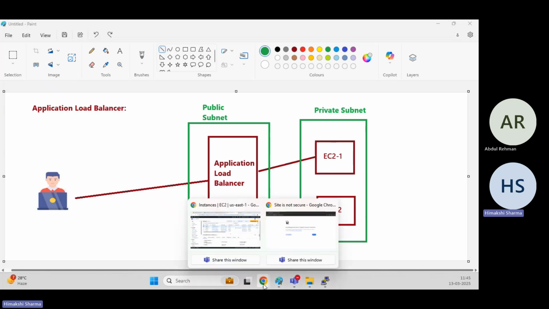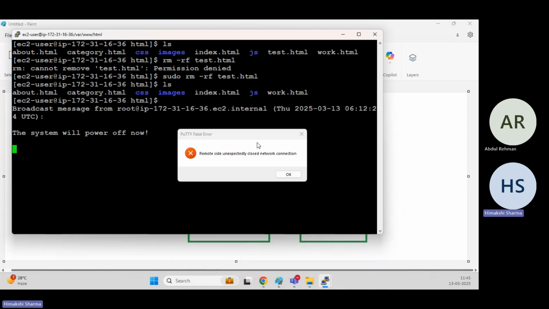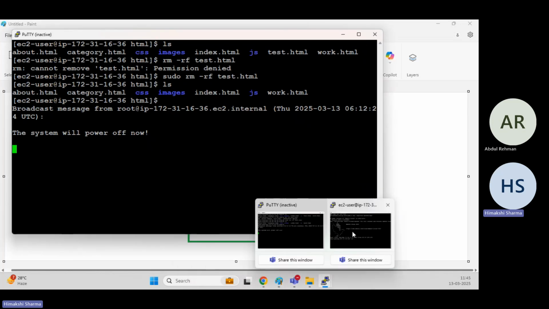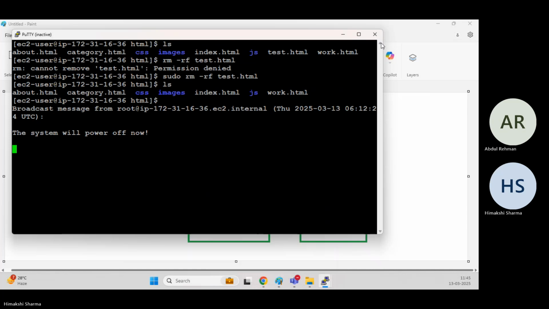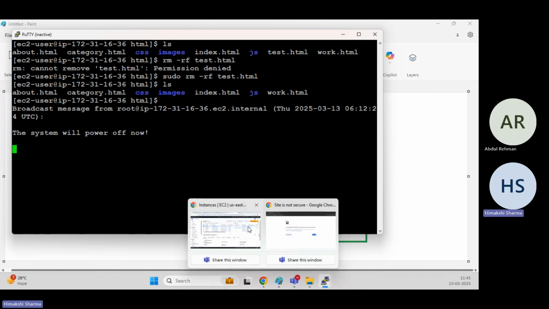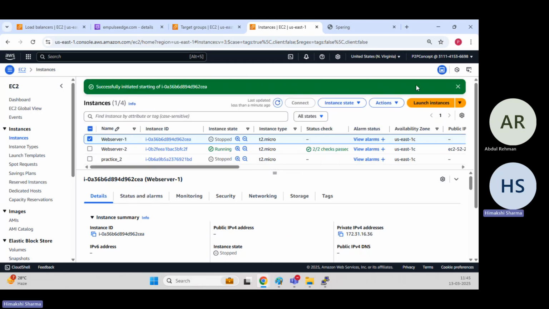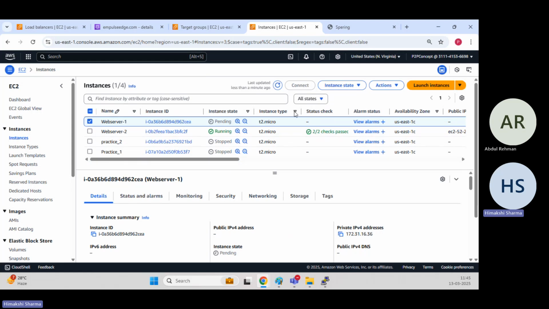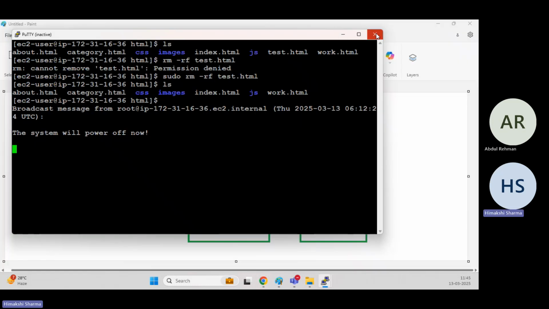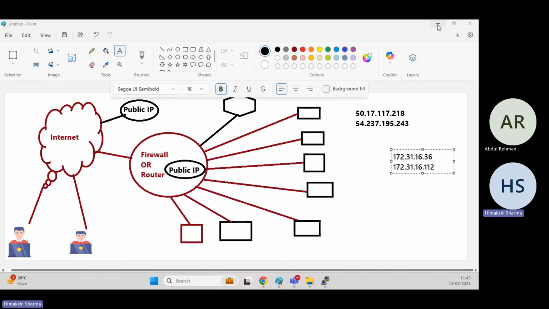So to have a look into that, what I'll be doing here is, okay, this got stopped. Sorry, I stopped that instance. Let me power it on quickly. And I need to connect with both of these instances. With one, I am already connected. I will just go here and connect with this. To connect, I will go and